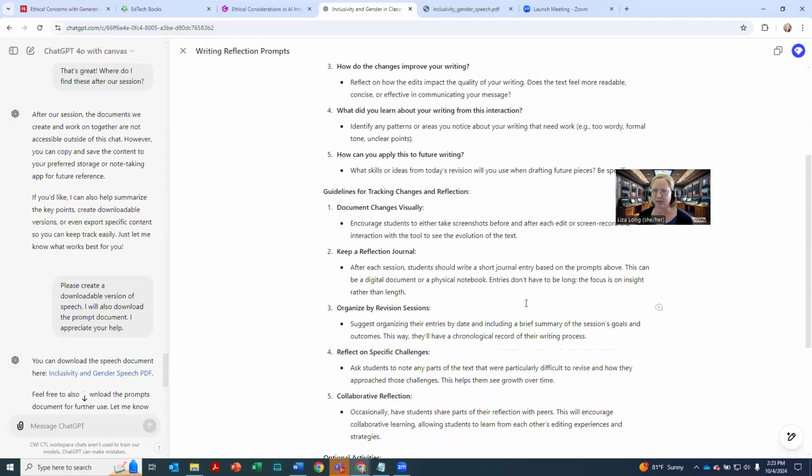This was a tool that it suggested. If I were to use this for my students to work on their paper, it suggested that I have them keep a feedback journal, which I think is a good idea. And these are some ways that we could track that process. We also talked about screenshots or video or even working in the classroom together to ensure that students are doing their own labor, but they also now have this assistance.